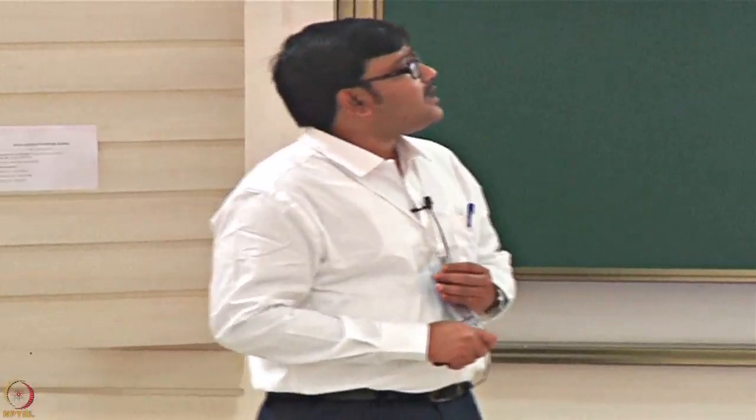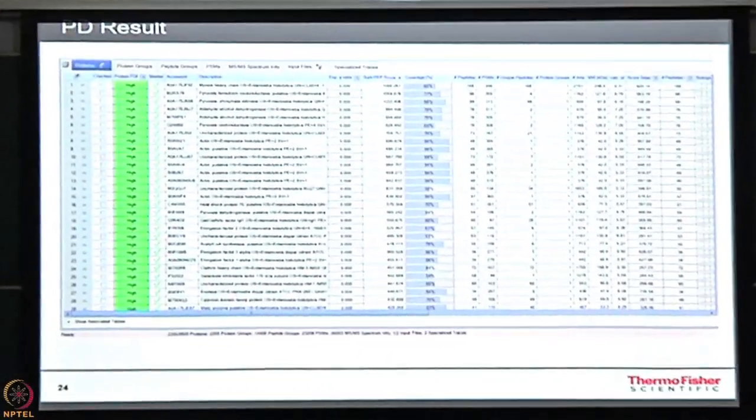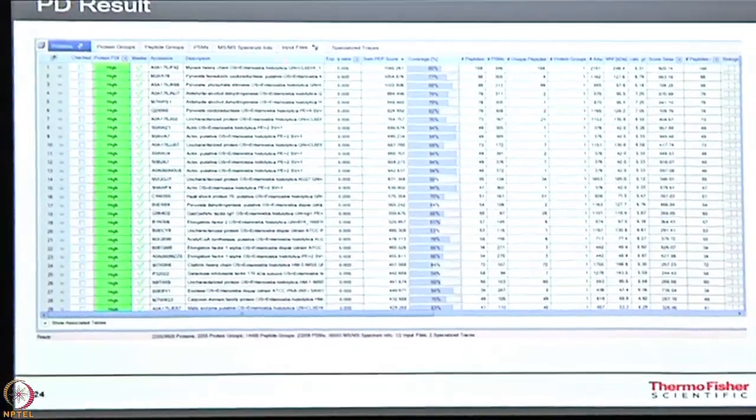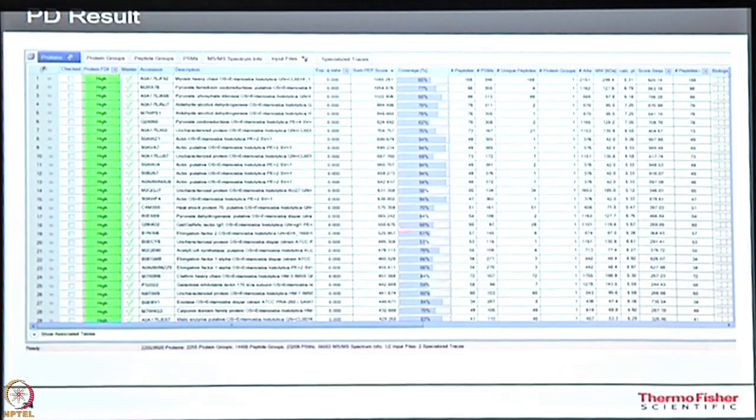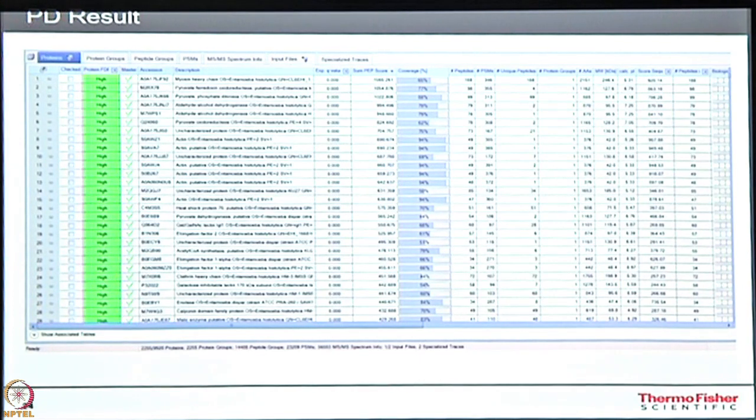Now, after searching the data, what is the report format? It comes like this. These give you the protein information, which proteins match, the sequence coverage, and how many peptides have been matched. The important thing here is the unique peptides. How many unique peptides have we identified? What is meant by a unique peptide?